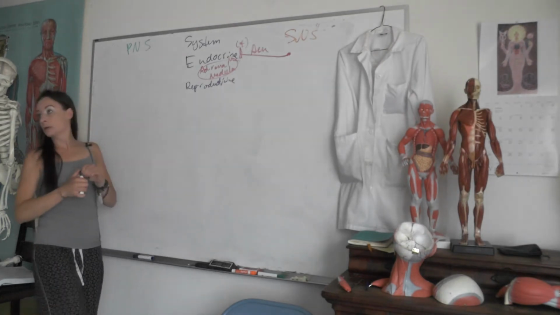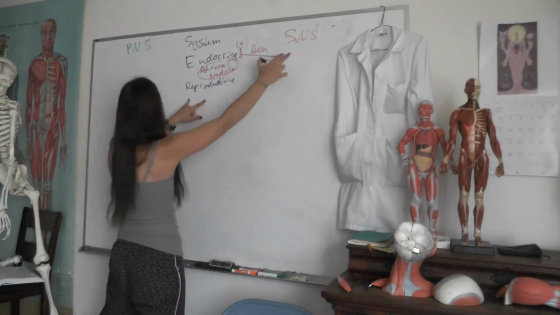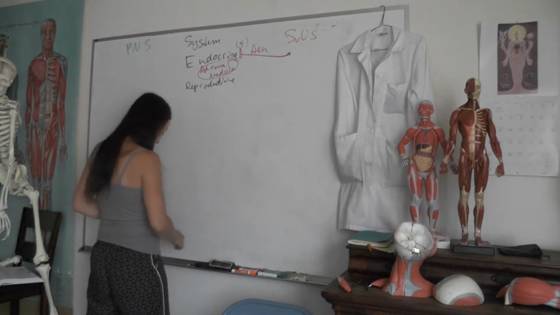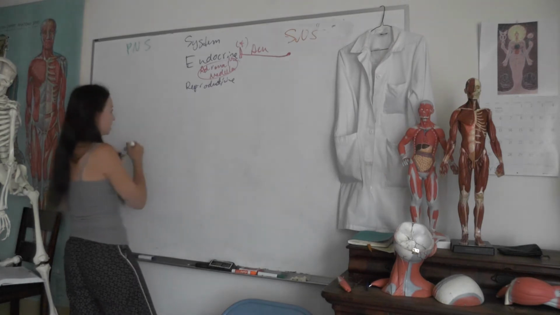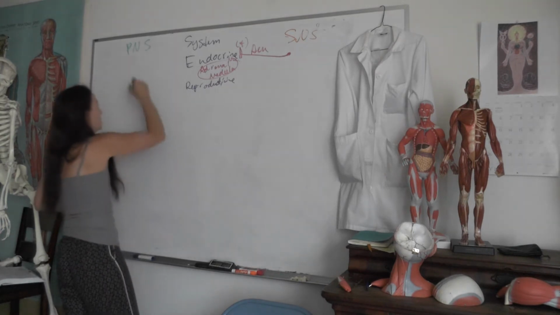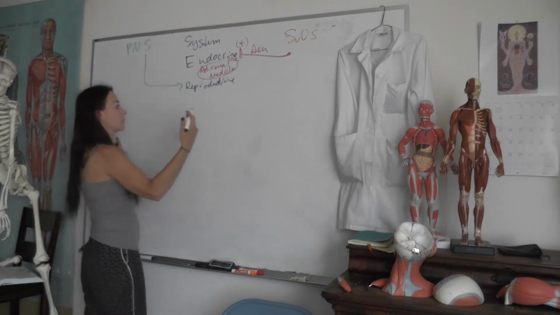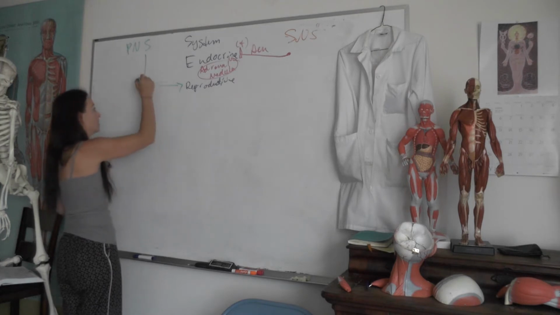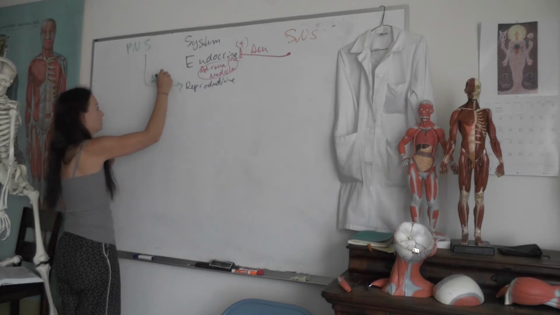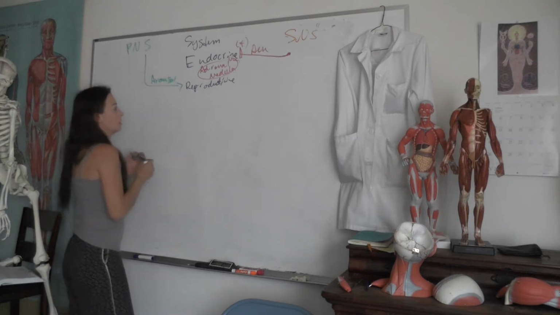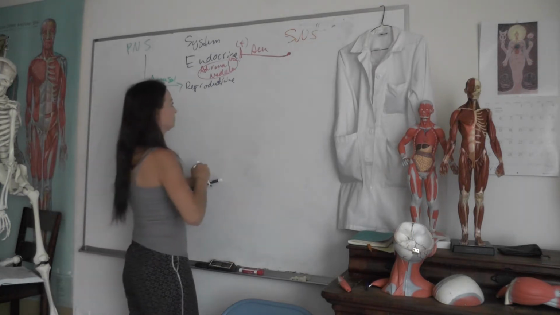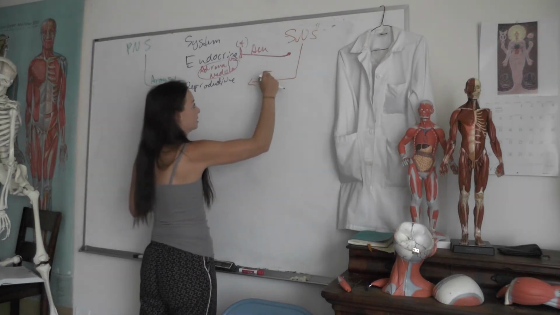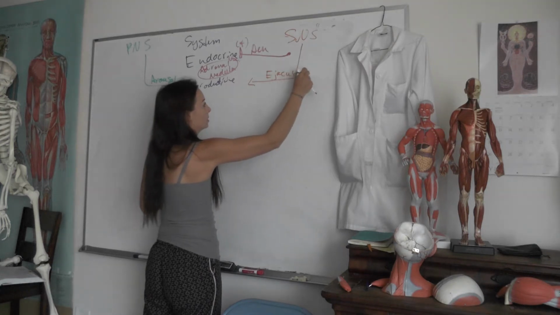As you learned yesterday, the only time that our sympathetic and parasympathetic divisions are working together is in the sexual response. So for our reproductive system, we could say that the parasympathetic nervous system is going to be in control of the arousal phase, which is when we get secretions going and when we get the blood flow changes going so that we can produce erection. So the parasympathetic division is in control of arousal. The sympathetic division is going to be in control of ejaculation and resolution in males.